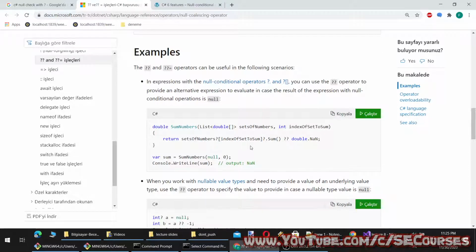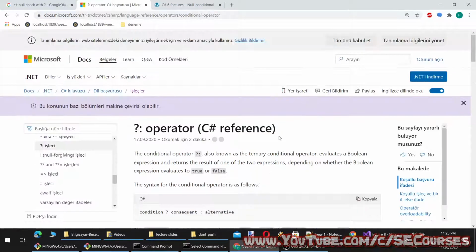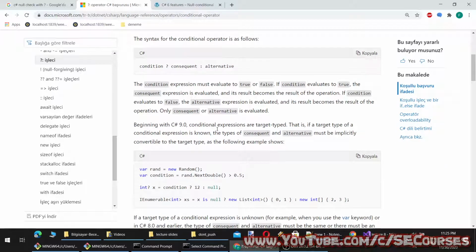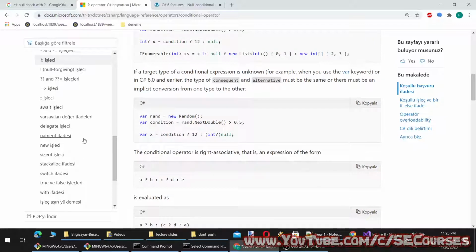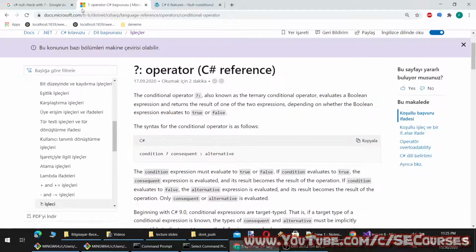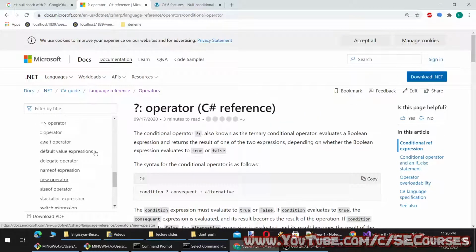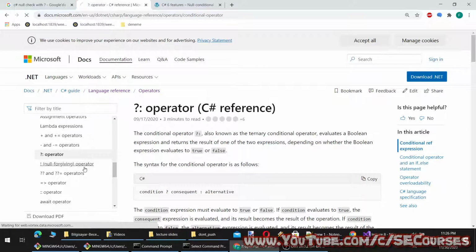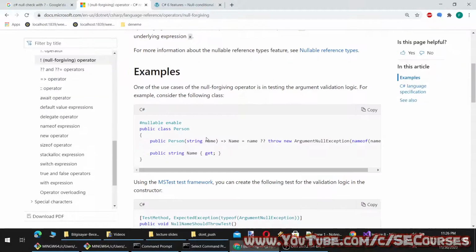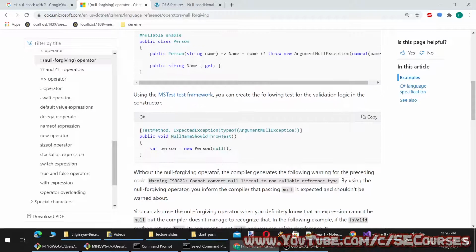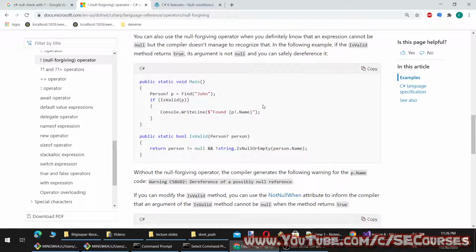There's also this one. Oh, I have shown you this, I think. So let's see the English of this page. These are operators, I think. There is the null forgiving operator. Oh, this is a C# 8 feature. Oh, interesting. I have never used this one.